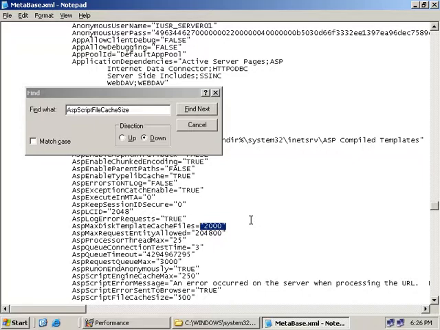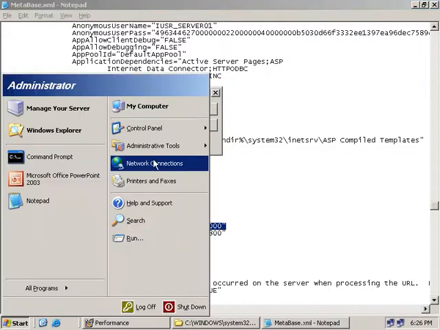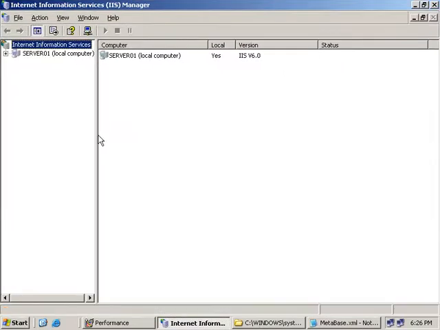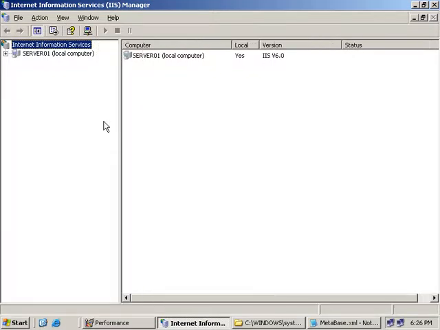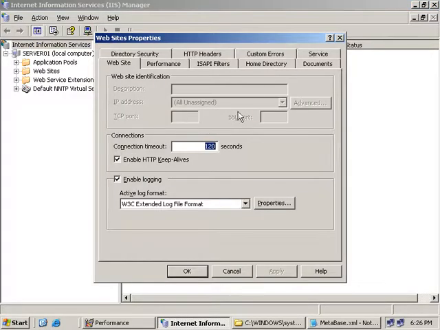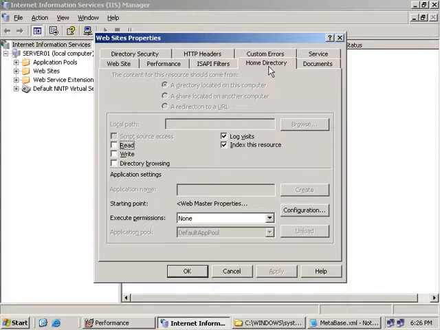Now, you can also, by the way, make this same configuration change from within the Iis MMC, which is generally a safer way. So we'll go back and click on Start, Launch Administrative Tools, and then the Internet Information Services MMC, and I'll just expand this a little here. If we expand our server now and expand our websites, and right-click on our websites and select Properties, followed by the Home Directory tab, down the bottom here under Application Settings, we'll go and click on the Configuration button,